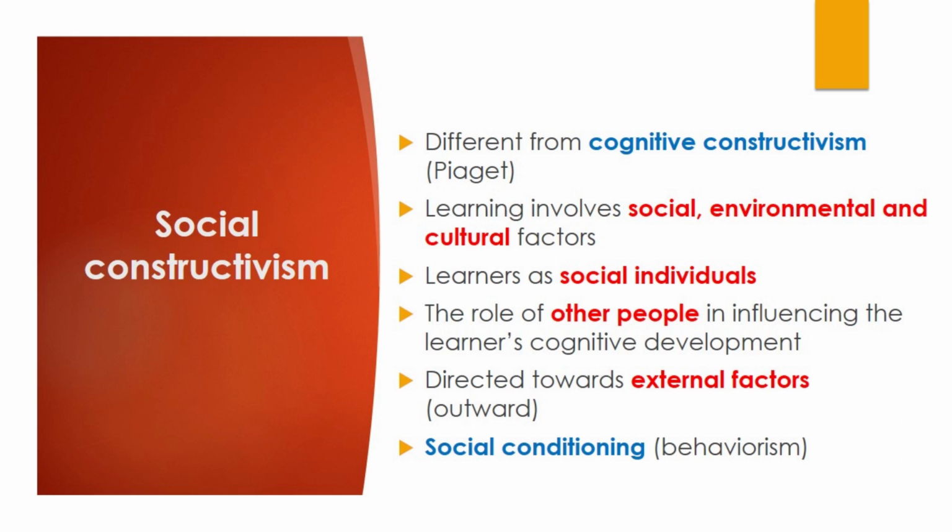Social constructivism is built on the same principles of social conditioning or social learning that we have discussed in the behaviorist theory, where we pointed out the fact that learners tend to learn best from people they admire. In this line of thought, two major theories stand out within social constructivism, the Interactionist theory and the Sociocultural theory. The Interactionist theory attributes language development to the role played by other people in interacting with the learner.